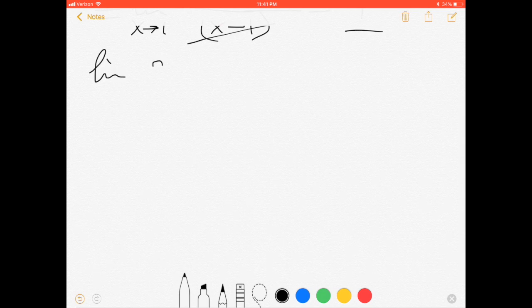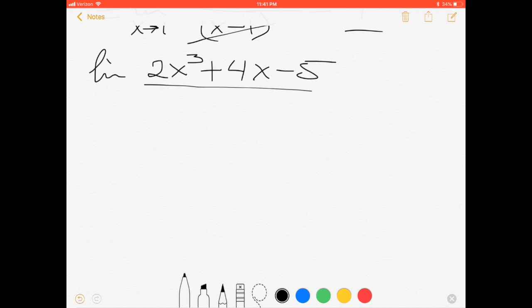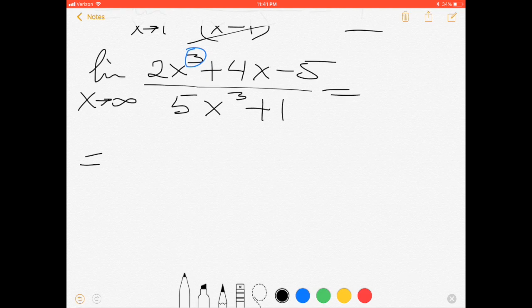For example, you have the limit of 2x to the third plus 4x minus 5 over 5x cubed plus 1, as x approaches infinity. How are we solving this example? Up and down in our fraction, we divide by x to the highest degree. The highest degree here is 3. This means if up and down you divide by x cubed, you have the limit as x approaches infinity